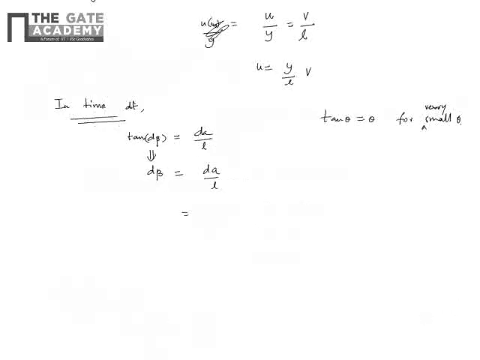So that is moved by the plate in time dt. dA is nothing but distance, which is speed of the plate into dt, equal to L into d beta. So I can write d beta by dt is equal to v by L. This is defined as the change in shear angle, because the fluid basically shears or tries to change its shape. So it is the change in shear angle with respect to time.